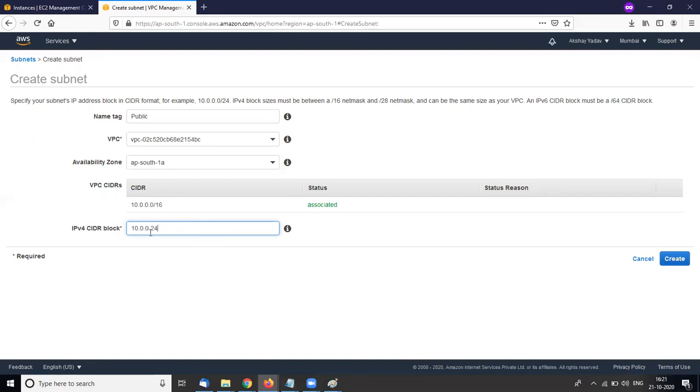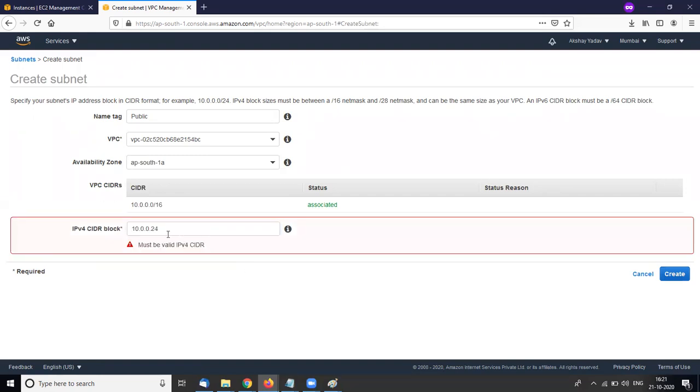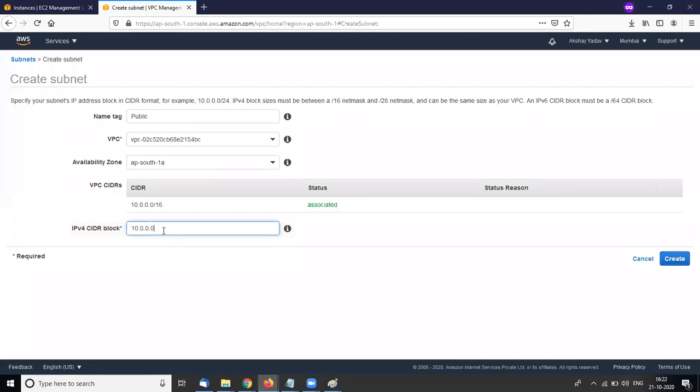That means any IP with the same first three digits can access my public subnet.